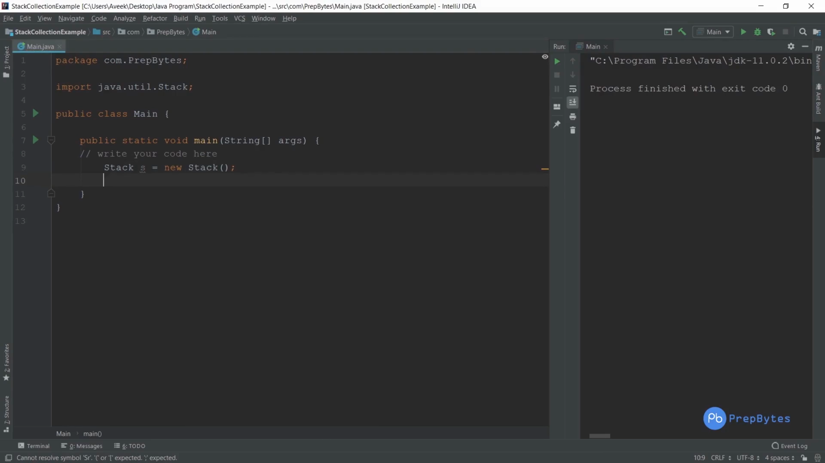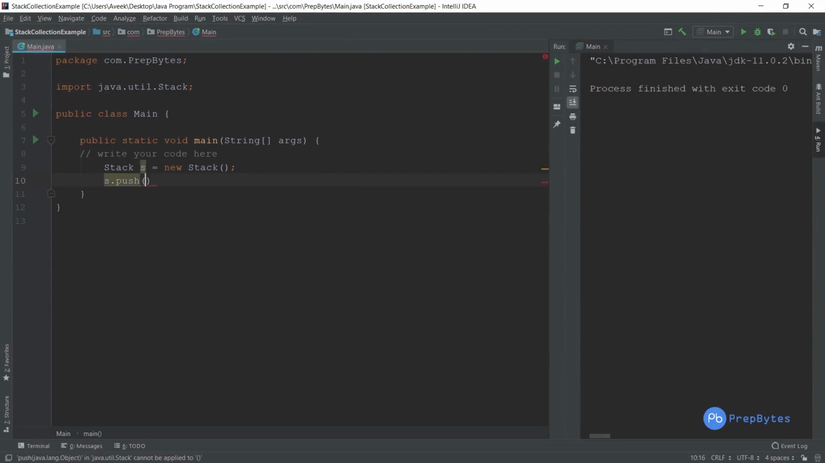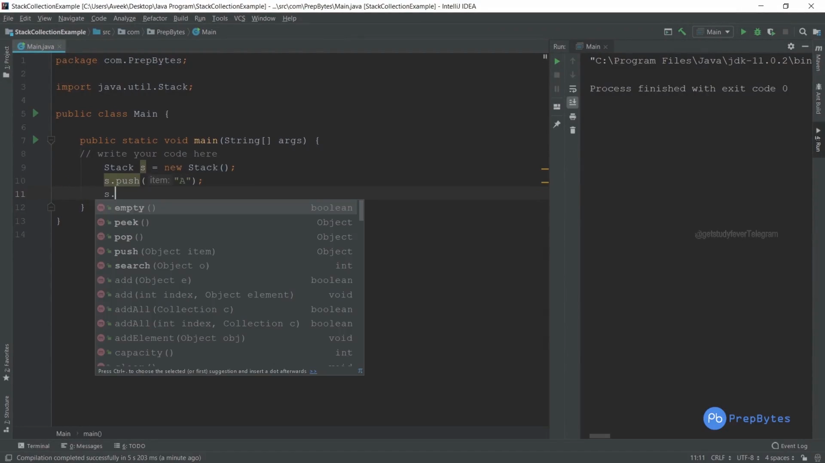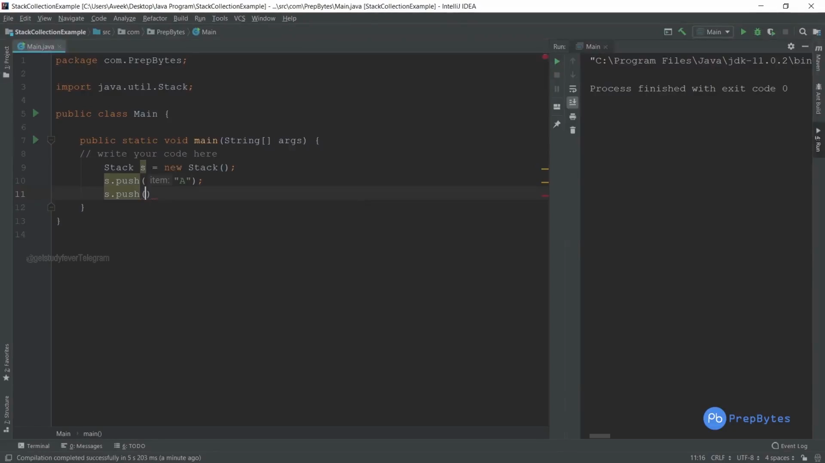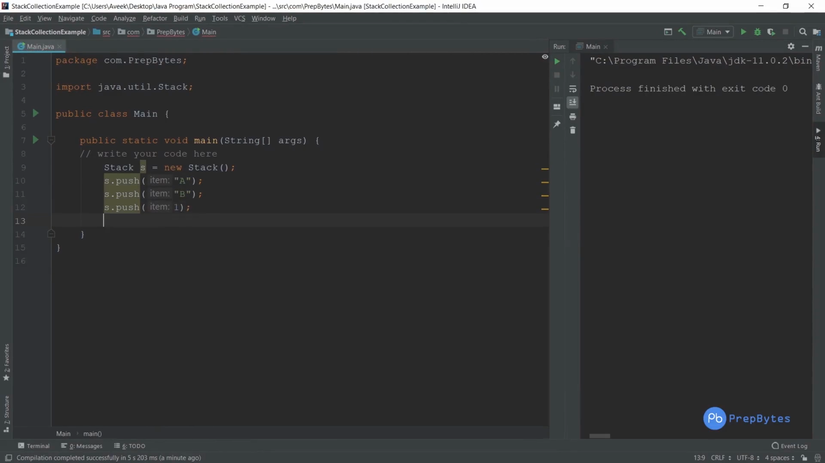Fine. So now what we will do, we will push, s dot push. What will we push? We will push an element, for example a. Correct? Then we will see s dot pop. Again, let's push 2 or 3 elements, b. Fine. Then s dot push 1. Okay, so it is heterogeneous in nature, no issue. Then if I print the current stack, it will be